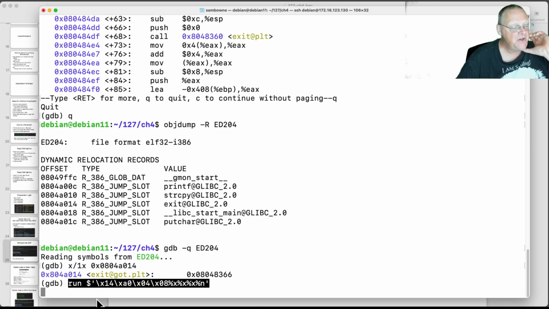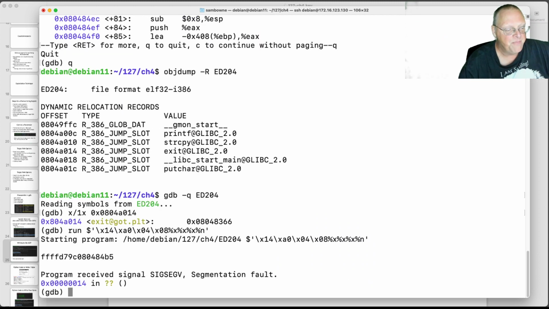So what this is going to do is feed in that address backwards, 14A00408. Those are the 4 bytes. And then %x, %x, %x to get to the fourth parameter. And then %n is going to write to the address in the fourth parameter. And this is the address in the fourth parameter.